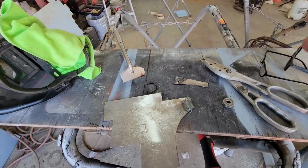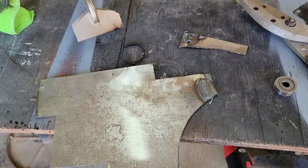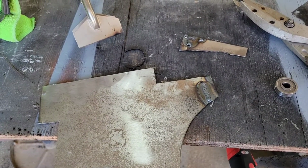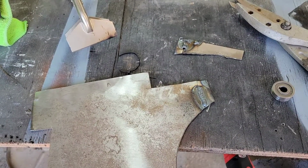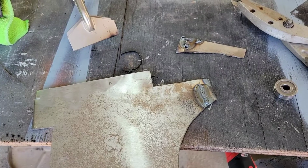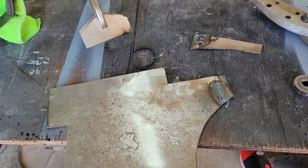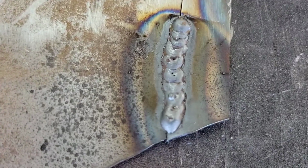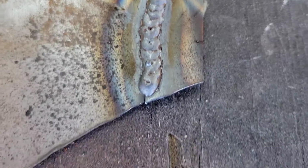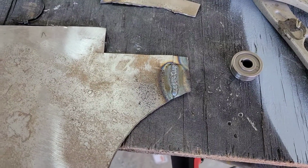Well, it took me a little while to figure out the settings on this thing, because it's definitely not your normal wire speed and heat. But this thing for a beginner might be the way to go, especially if you haven't done much welding before, because I stitched that right there, and look how flat it is. And what it does is it has its own